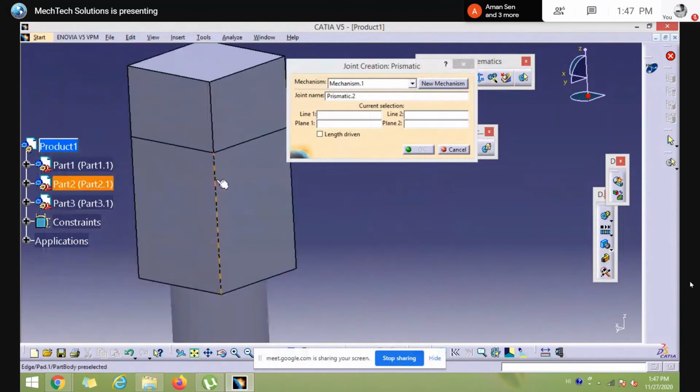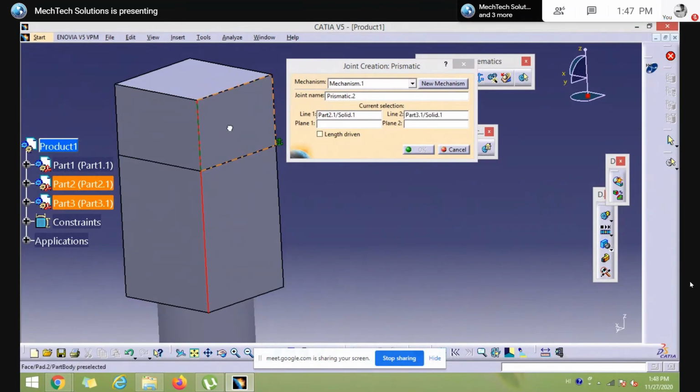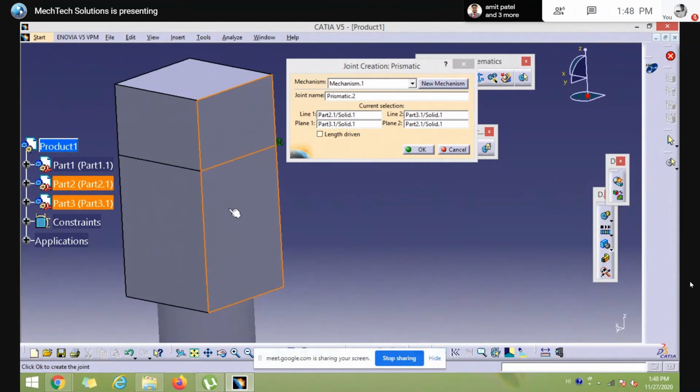Line 1 we can define from the follower, and this line from the fixed part, the face of the fixed part and the face of the follower. Don't forget, we don't need to define length driven. In a single mechanism we need to define a single motor only, and we have already defined a motor with the angle driven option. So here we don't need to define length driven.